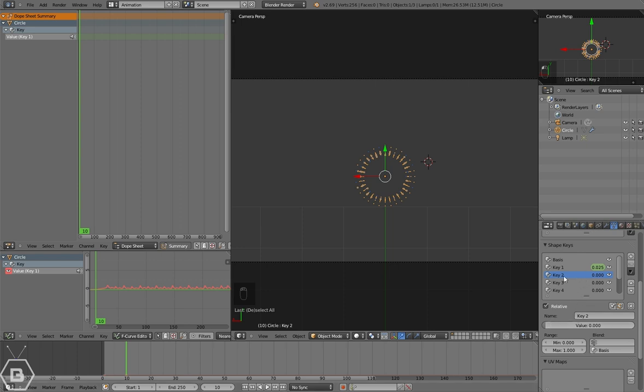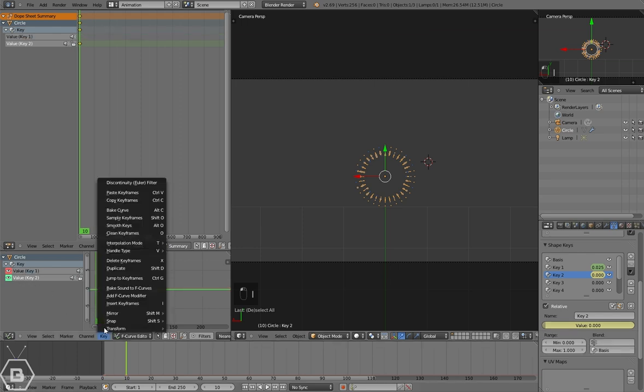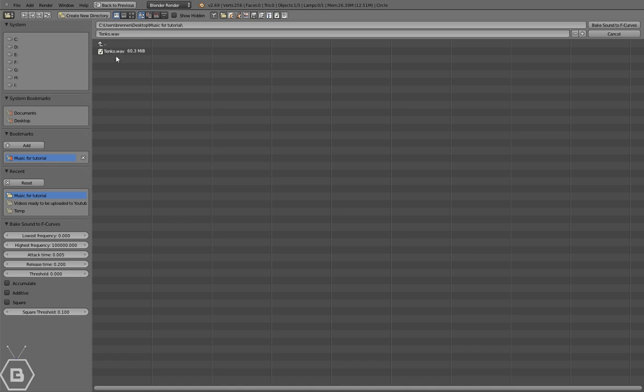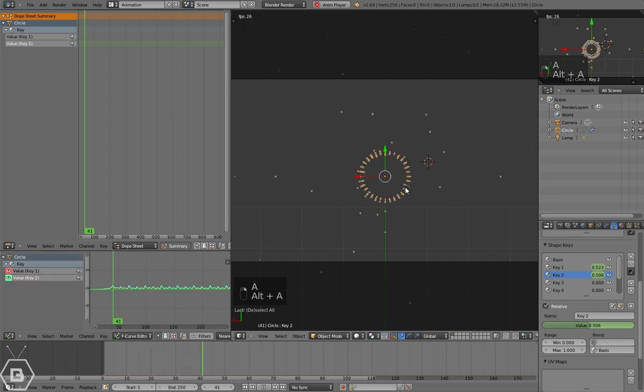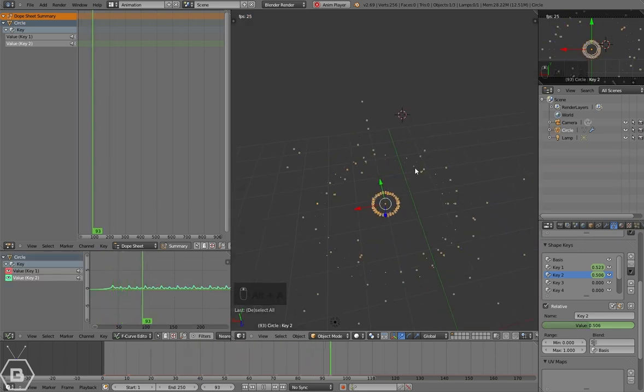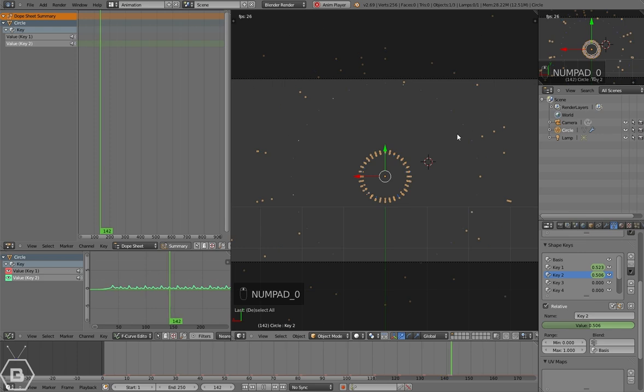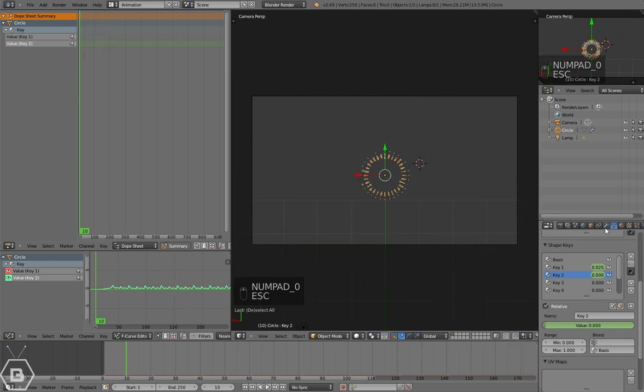So let's go ahead and select key 2, press I while your mouse is over the value input. Let's press I on the keyboard, select value key 2, Key, Bake Sound to F-Curves, select your music, bake sound to F-Curves, and now, as you can see, they move one after the other. Of course, they're still in view of the camera, but you can fix that by